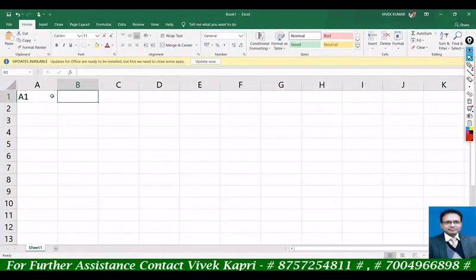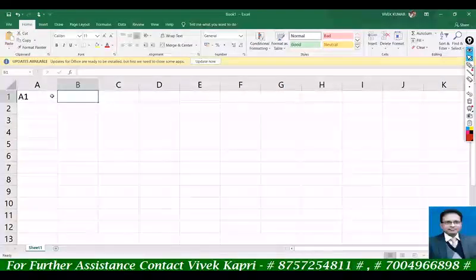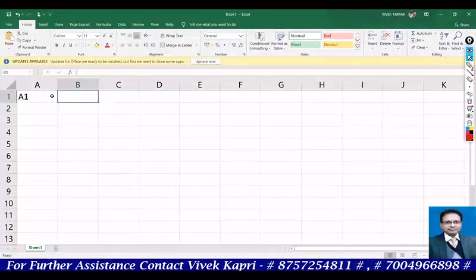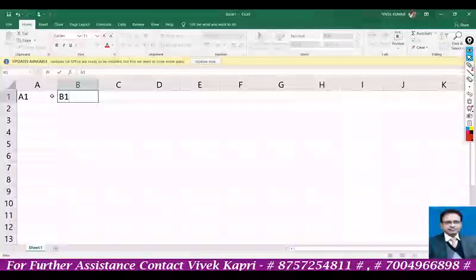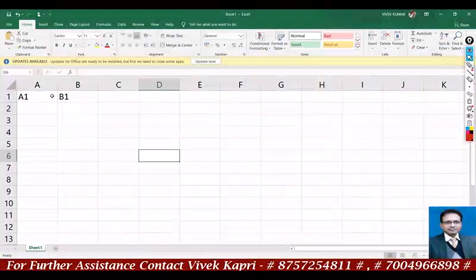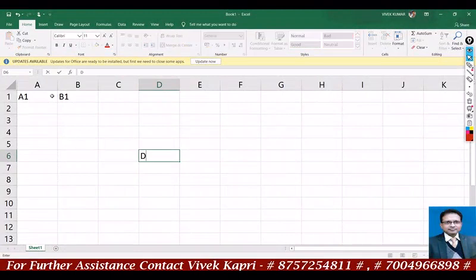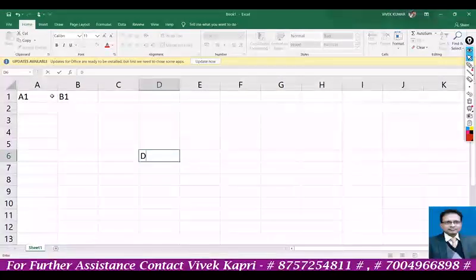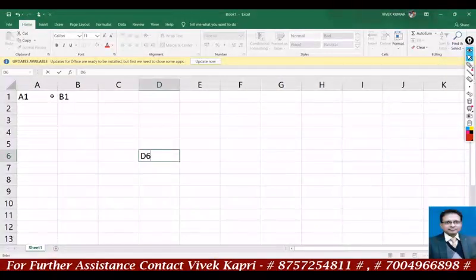If we need to give a unique name to this cell, how can we give it? First of all, we have to give the column name and then the row number. Suppose we have to give the name of this cell, what will be the name of this cell? First give the column name and then the row number, and the row number is 6. Never write 60, it will be D6. This is called cell reference.